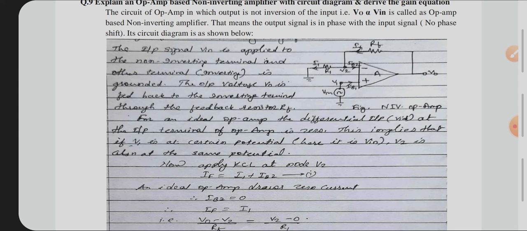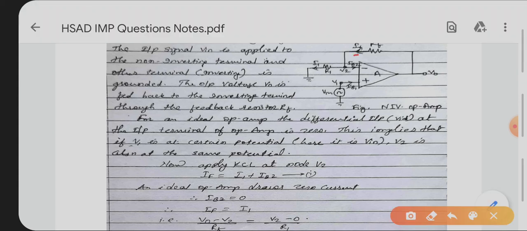So the next task is the circuit analysis. So you have to follow again. You have to apply KCL, then apply the virtual ground or virtual short concept, and then finally find out the equation for gain. Okay. So now let us see, apply KCL at node V2. Where is node V2? If you see, the node V2 is here. Again there are 3 branches: I1, IF and IB2. So the equation becomes IF is equal to I1 plus IB2.